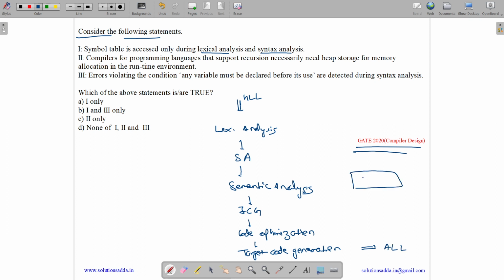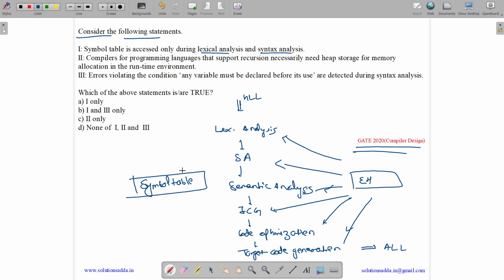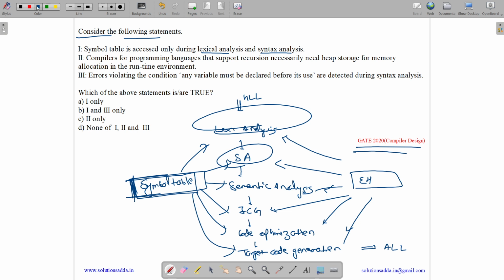Here we will have an error handler which will handle any of the errors that occur during any phase of our compilation. Then we will have here symbol table. So symbol table will basically contain the various symbols or variables that are used during our entire compilation phase in the code, and we will also have the addresses of the various functions that we have used. So it is used for translating or finding to another file whenever a function or a symbol is not present. So it is not only used during the lexical analysis and syntax analysis, but also during the other phases of the compilation.